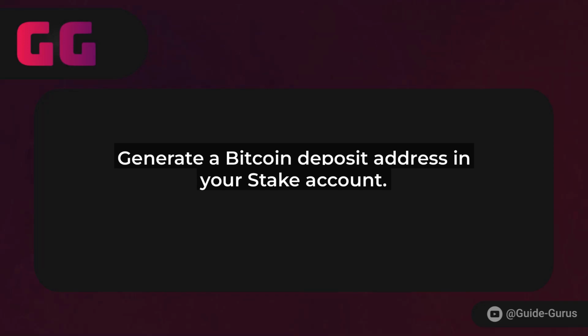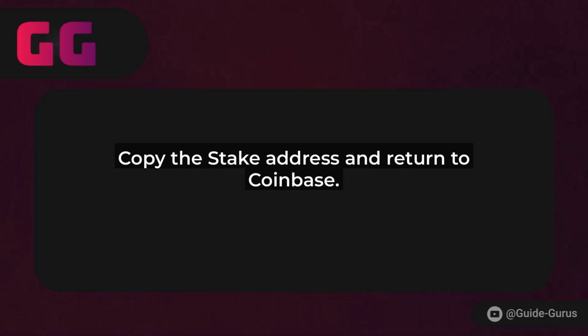Next, head over to your Stake account. You'll need to generate a withdrawal address for Bitcoin. Go to the Deposit or Receive section in Stake, and it should provide you with a unique Bitcoin address. Double-check that this address starts with bc1 or whatever the standard is in 2025, always verified to avoid any